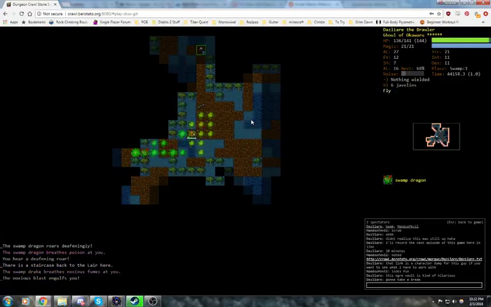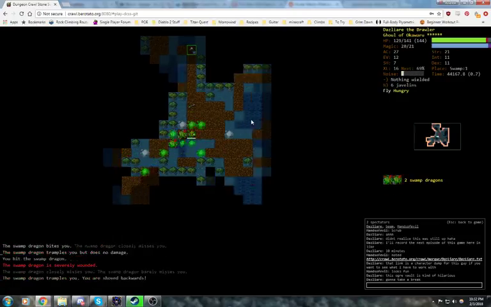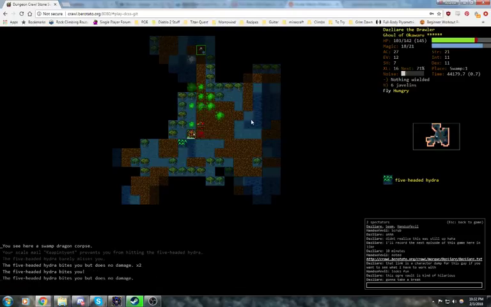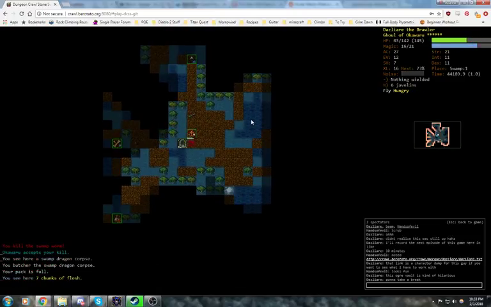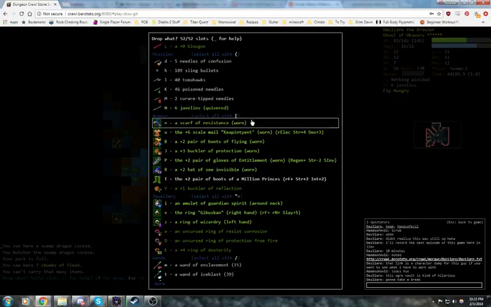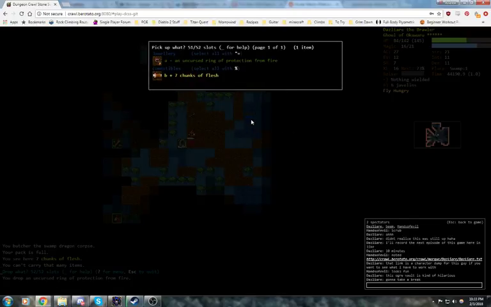Alright, so we've got some swamp dragons and drakes to deal with. That's no problem for us, obviously. But I am going to take this sort of entry vault relatively slow. The last thing I want to do is underestimate what can happen in here. So we'll go ahead and drop our Ring of Protection from Fire because we don't need that, and I think